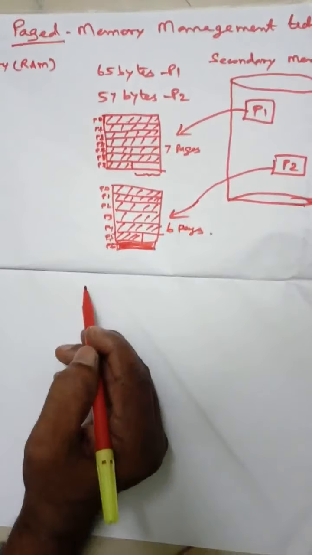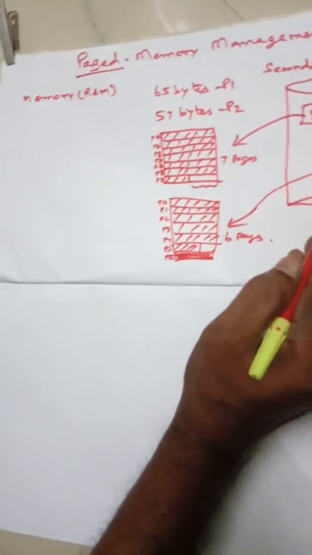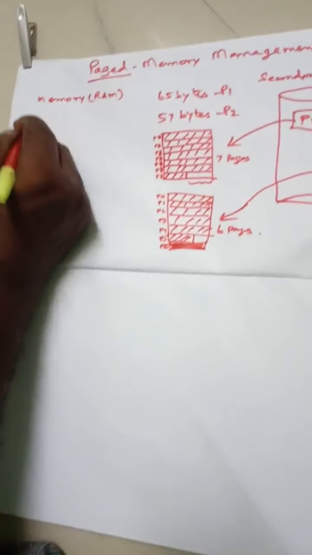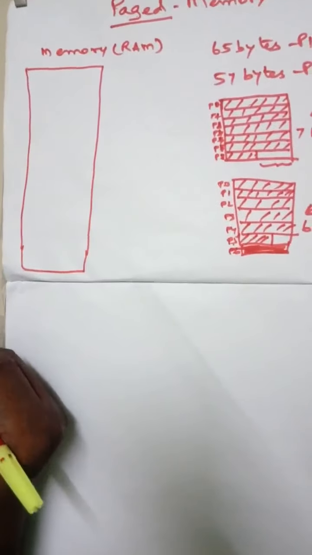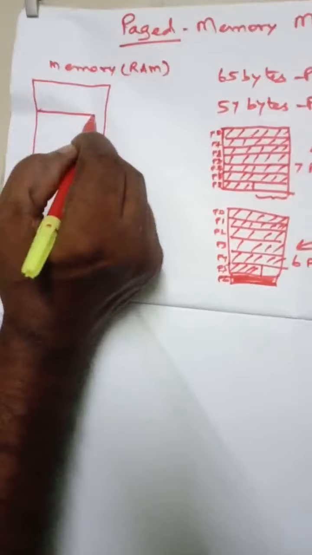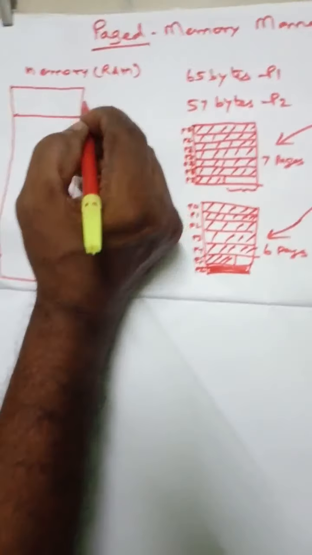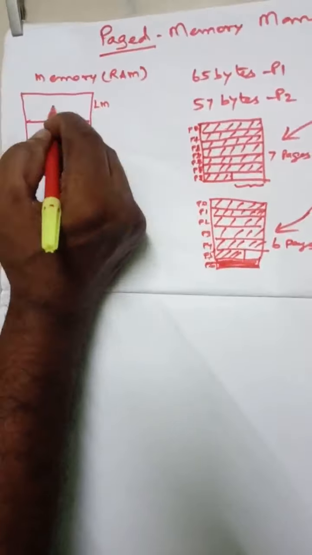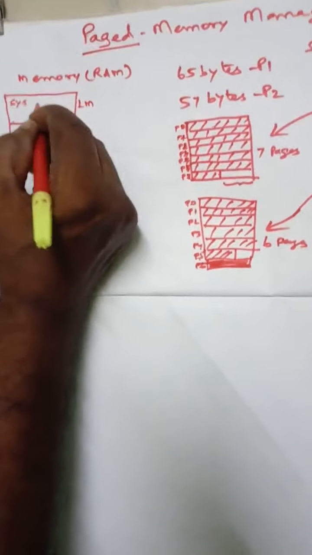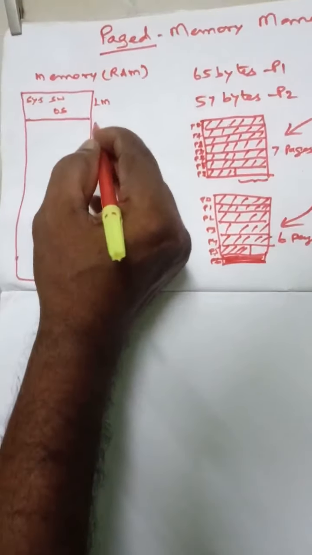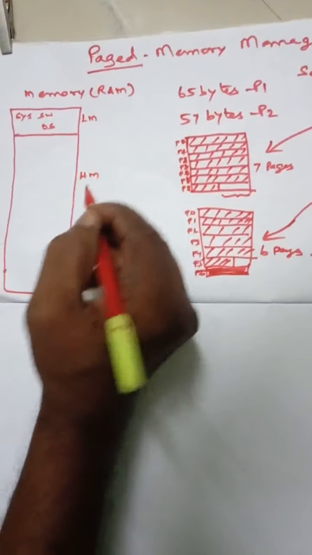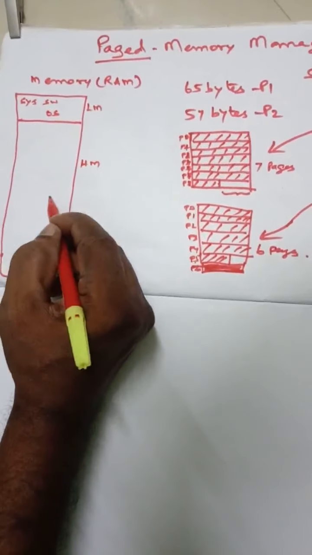So in a multi-programming environment, we are going to execute both program 1 and program 2 in random access memory. This random access memory is divided into 2 partitions. This is low memory, occupied by system software, that is the OS. The remaining part is the high memory area, for user programs.